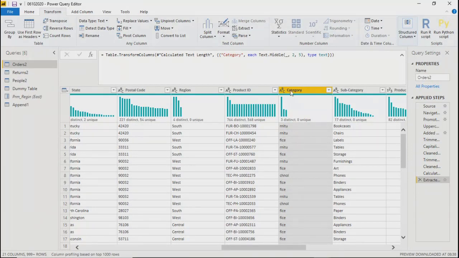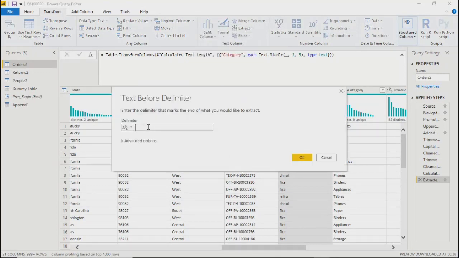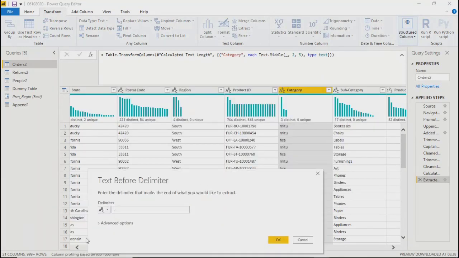Right. Next thing, if you go to text before delimiter. Okay, over here we have a delimiter. So if we do text before delimiter and we give our delimiter, that is this one. So text before this delimiter. Over here, if you see, there are two delimiters, right?